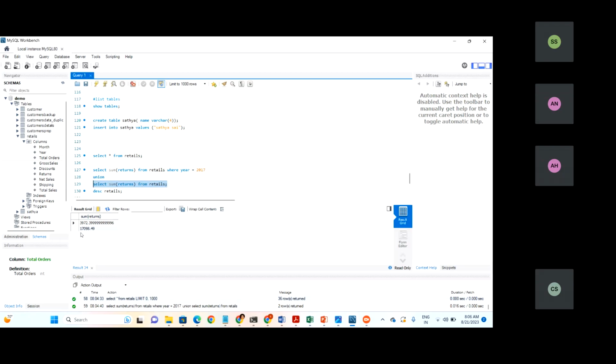That's why we are getting 17098. But if you pass this condition, only 2017 data will be returned, and on top of that the sum operation will be performed. We are getting 3972. That is the difference between using the where clause and not using it. So we'll go ahead and see the next